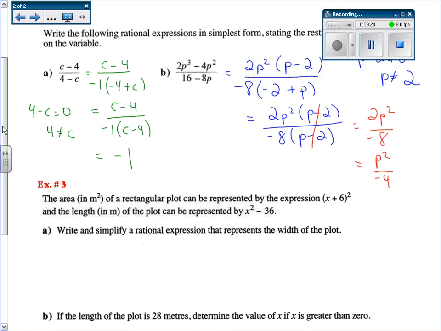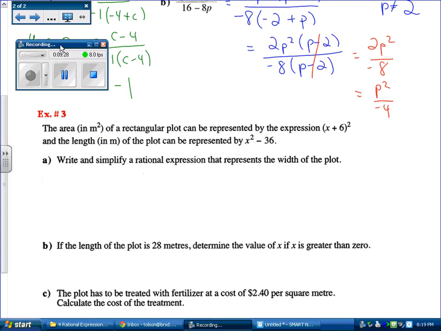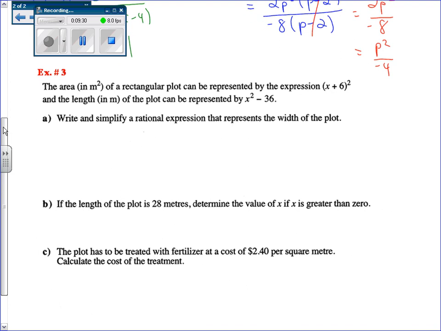Okay, so last example. The area in square meters of a rectangular plot can be represented by the expression x plus 6 squared. And the length in meters of the plot can be represented by x squared minus 36. So we want to write and simplify a rational expression that represents the width of the plot. So what we have here is that area equals x plus 6 squared, and length equals x squared minus 36,